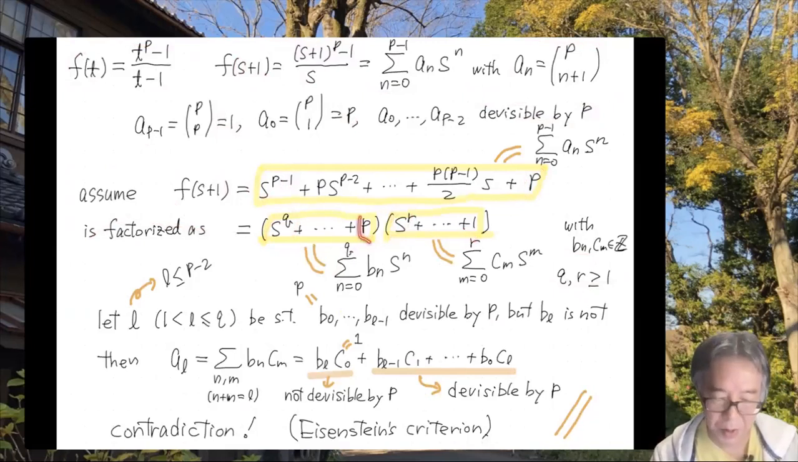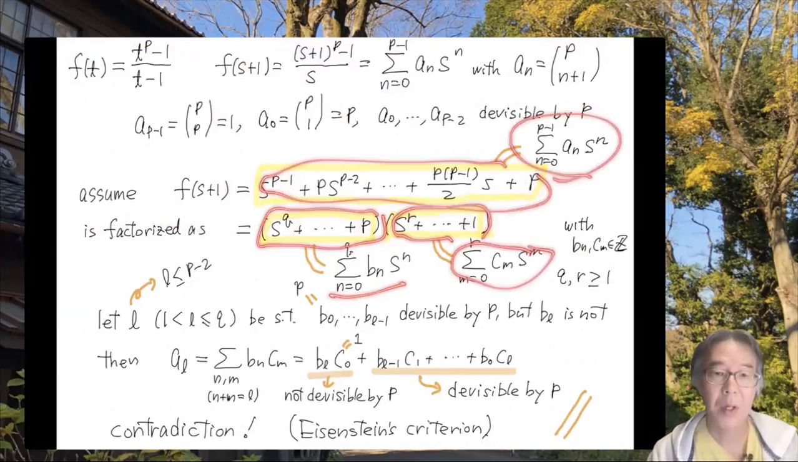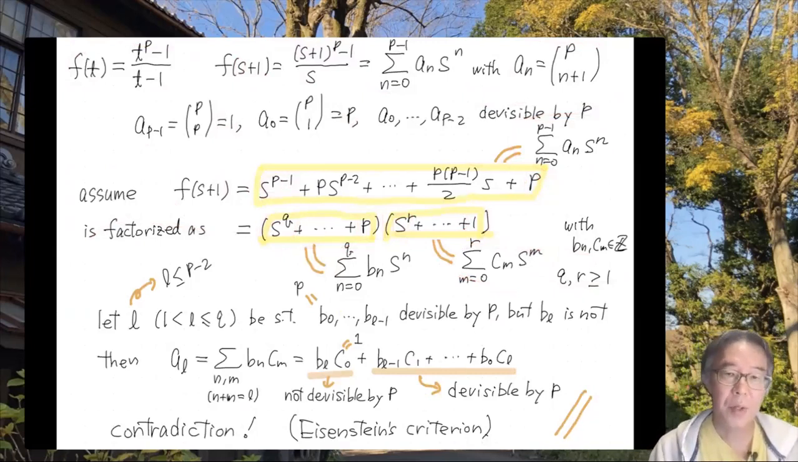But let's assume that this has p, and this has 1. So let's write this as this, and this as this. Oh, and I also write this formally as this. Okay. Now, after defining this b, I let L to be something between which is larger than 1 and less